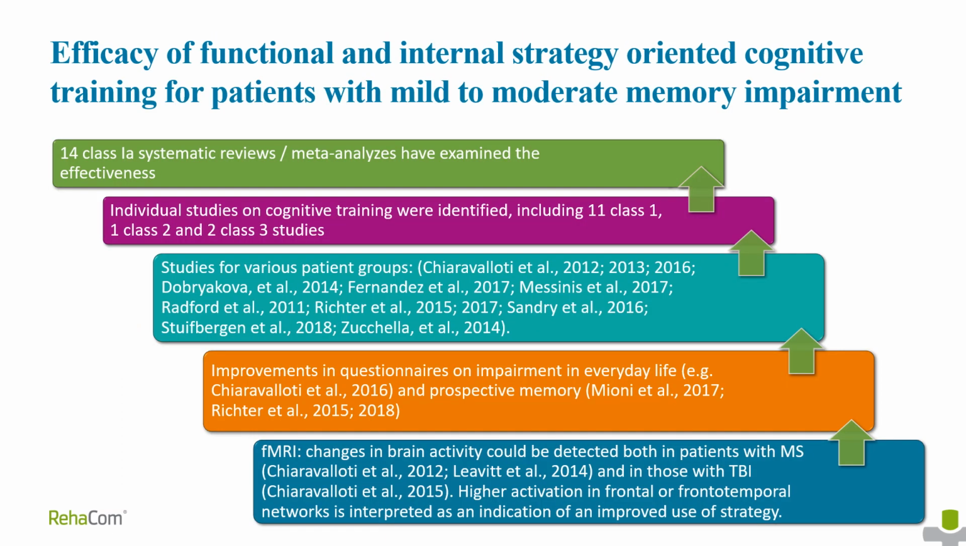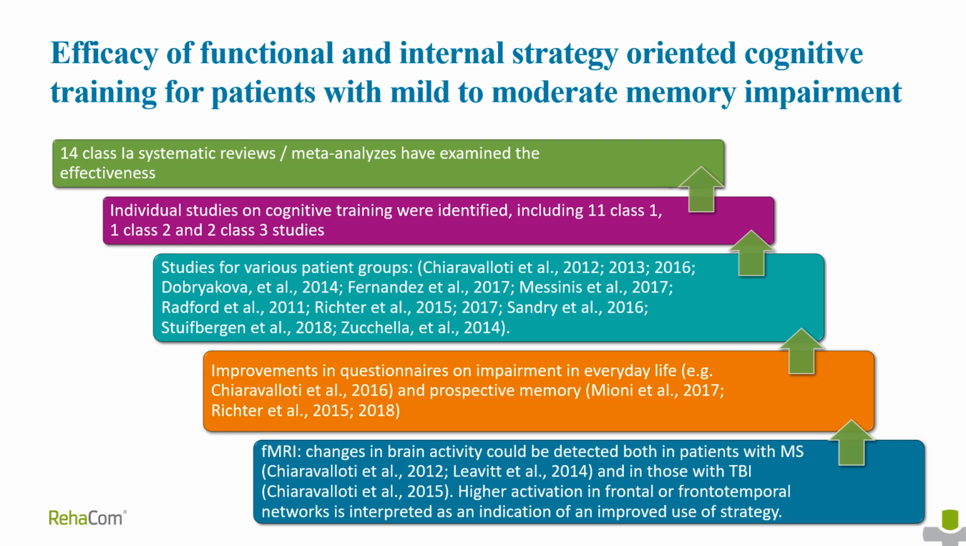The evidence for the effectiveness of exercising functional training for patients with mild to moderate memory impairment has been confirmed in a series of randomized control group studies. 14 Class 1 systematic reviews or meta-analyses have examined the effectiveness of cognitive training on memory performance and other outcome parameters. In addition, individual studies on cognitive training were identified, including 11 Class 1, 1 Class 2 and 2 Class 3 studies. A number of studies from 2012 to 2018 are available that show for various patient groups that function